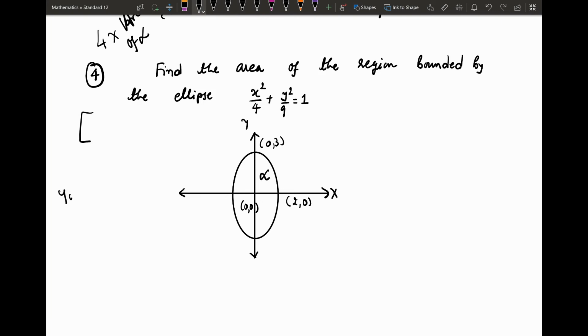So total area will be 4 into area of alpha. Now for alpha,